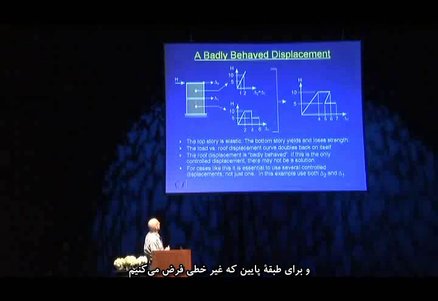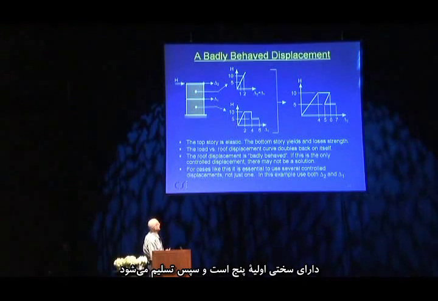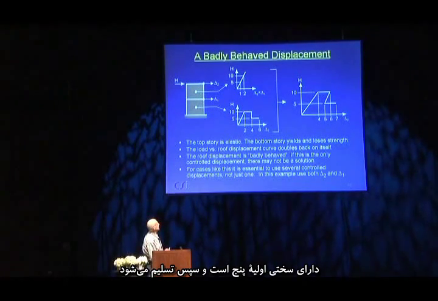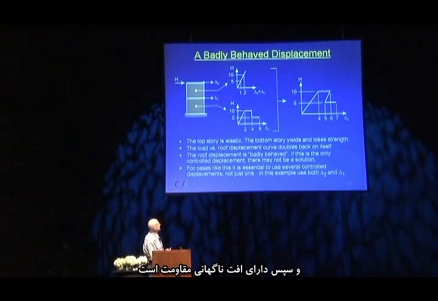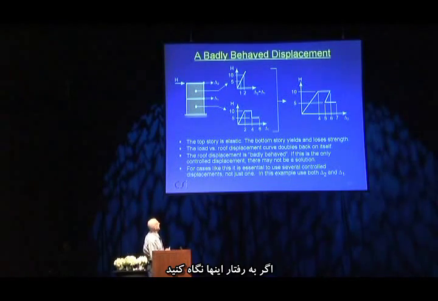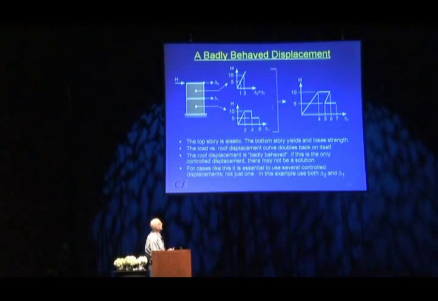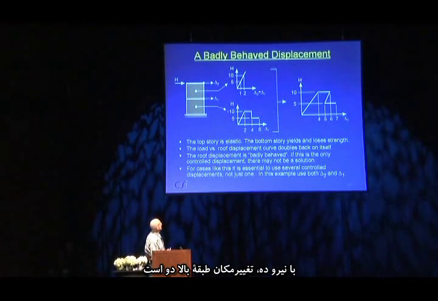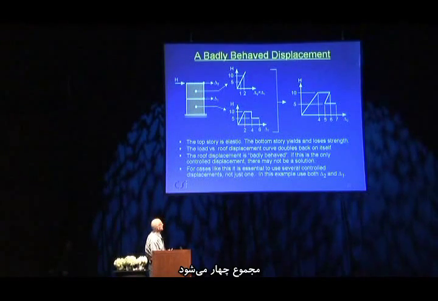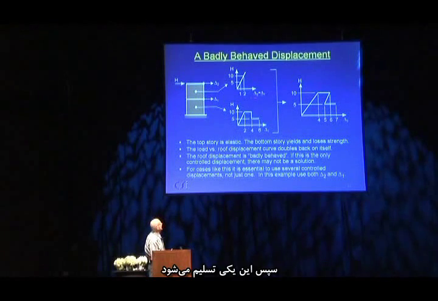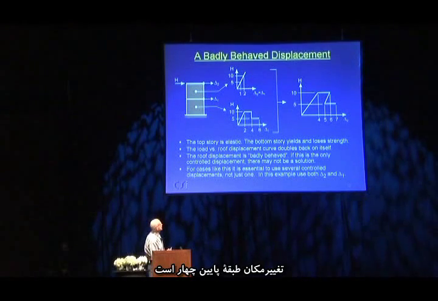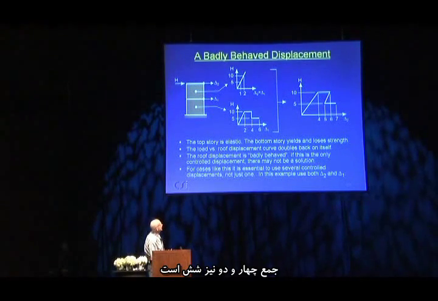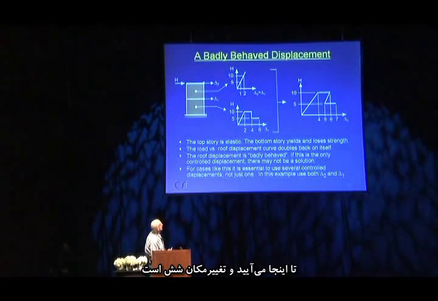And the lower story, let's say that one is nonlinear, and it has an initial stiffness of 5, and then it yields, then it suddenly loses strength, and so on. So if you look at the behavior of this, when you combine these two together, let's have a look at what is happening. You go up to a load of 10, the displacement in the upper story is 2, the displacement in the lower story is 2, so the total is 4. Then this one yields, so the load stays at 10, and the displacement in the upper story is still 2, displacement in the lower story is 4, so 4 and 2 is 6, so you've come out here and the